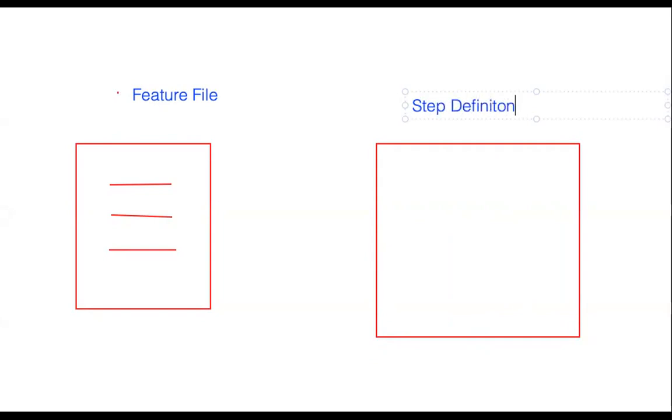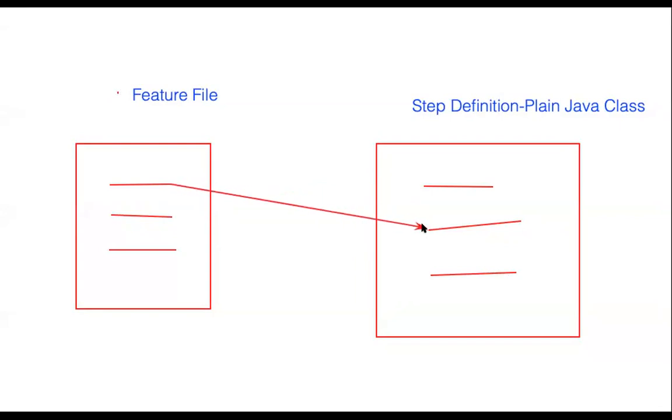Step definition file. This is nothing but plain Java code, a plain Java class file. The purpose of this file is to map... Let me draw something else. There will be methods here, method 1, method 2, method 3. The whole and sole idea will be to map each of these feature file steps to the corresponding